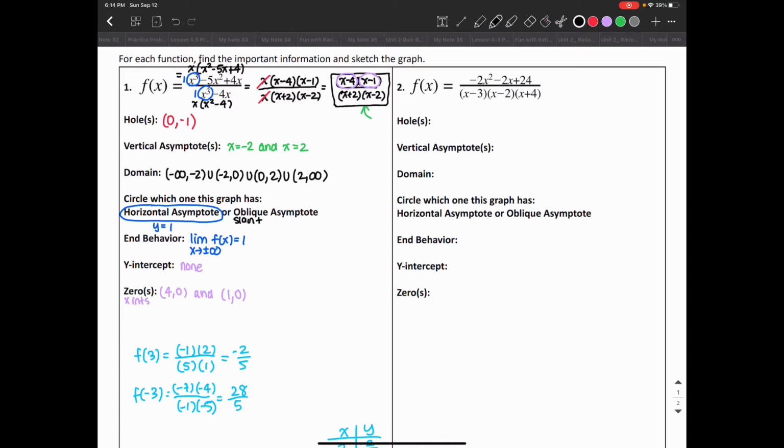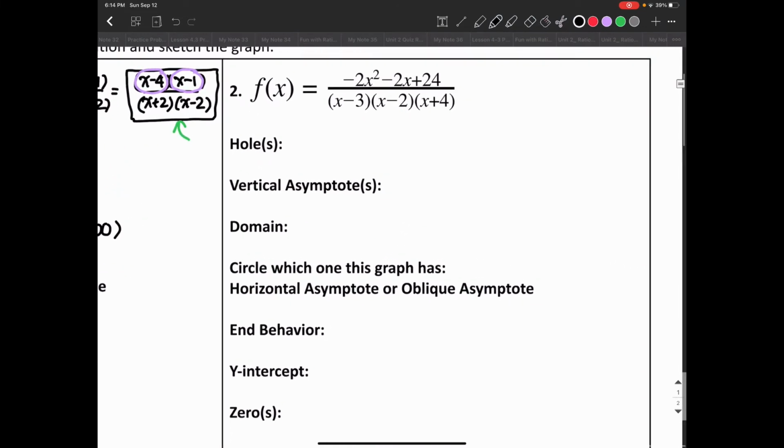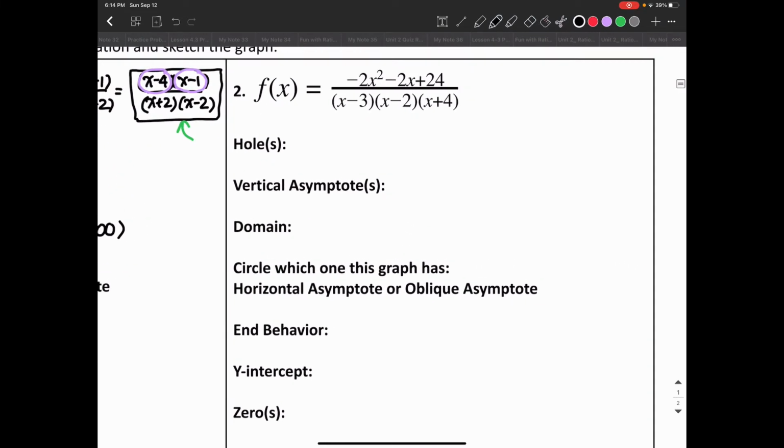Okay, for number 2, I have a rational function that I want to graph. So the bottom is already factored for me, but I need to factor the top so I can find all the important information easily. In the top, I can take out a GCF first. All of these terms share a -2 in common, so I could take out a -2, and then I'd have -2 times x squared plus x